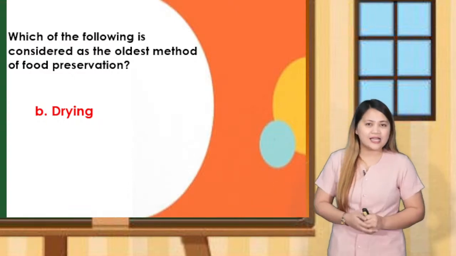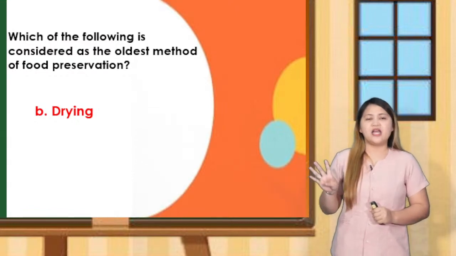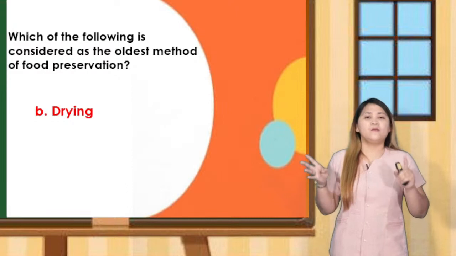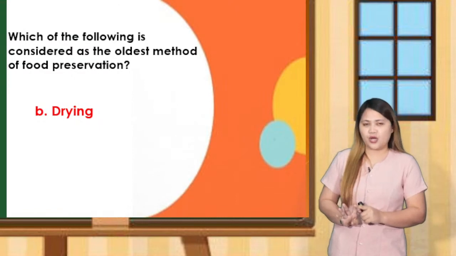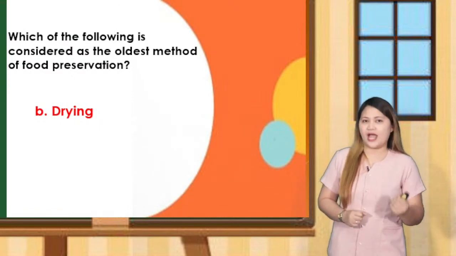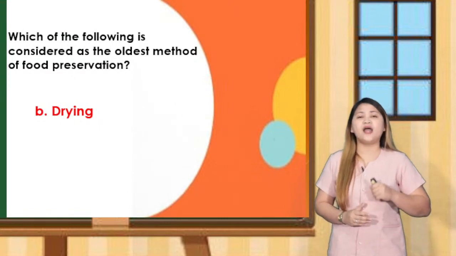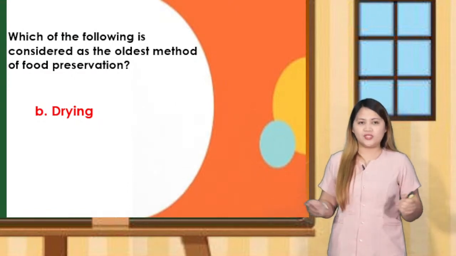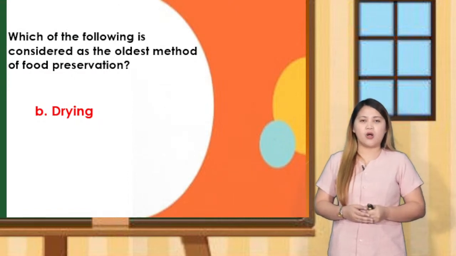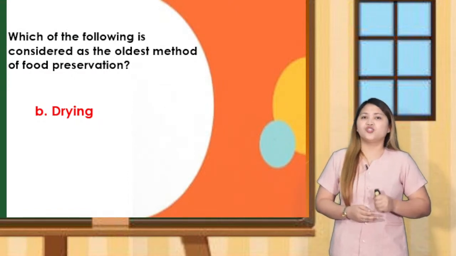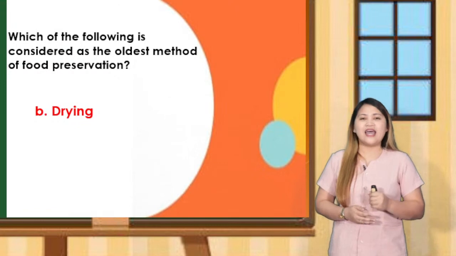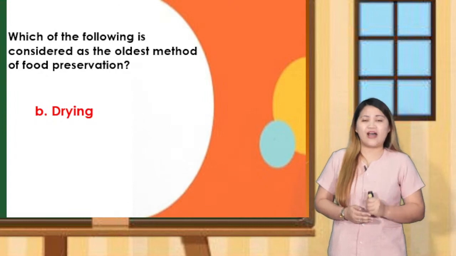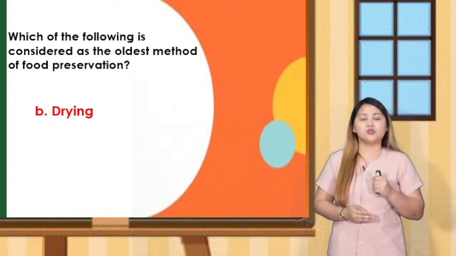And take note, class, that there are 4 types of drying. We have sun drying, mechanical air drying, vacuum drying, and the last one is freeze drying. When we say sun drying, that is the natural way of drying the food wherein the food is exposed under the sun. Examples are daing, tuyo, and dried fruits. For the second one, we have mechanical drying. That is the artificial way of drying the food wherein there is a need of a device like a blower used just to dry foods.